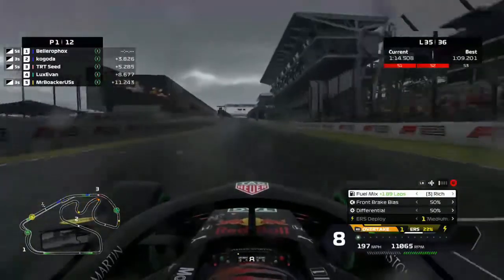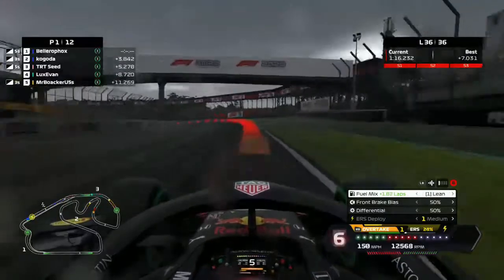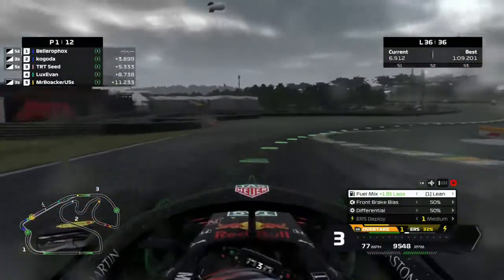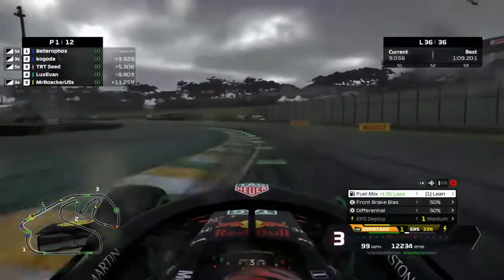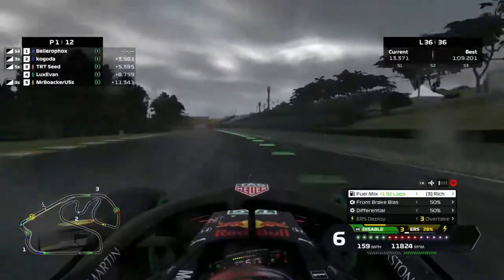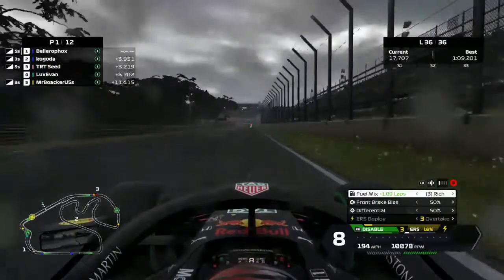But coming on to the beginning of the final lap, the gap to Kagoda is 3.8 seconds. It's really stayed the same since that virtual safety car, and the gap to Seed is 5.3, so basically staying the same as well. So it looks like we won't be able to get that 5-second gap to Kagoda that I really want, but that should be fine. That shouldn't be too much of a problem for us,